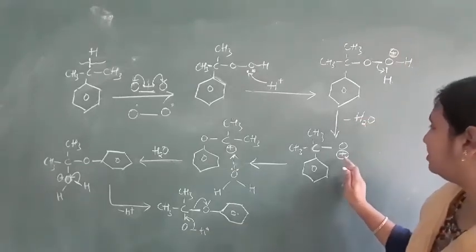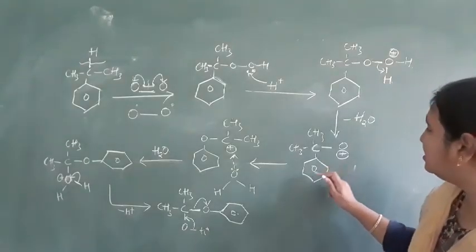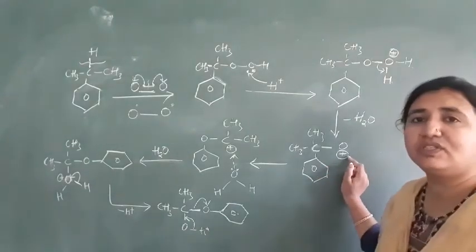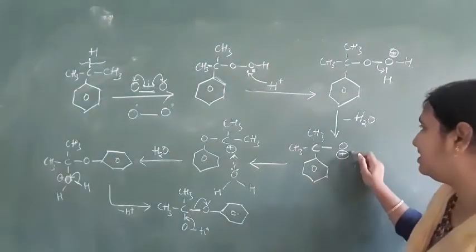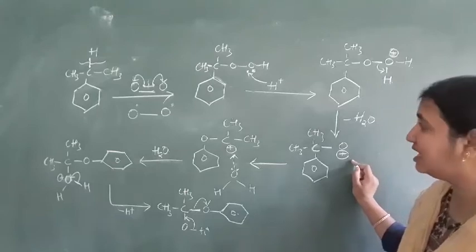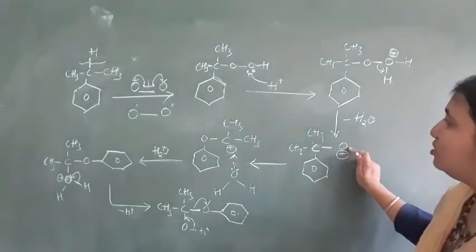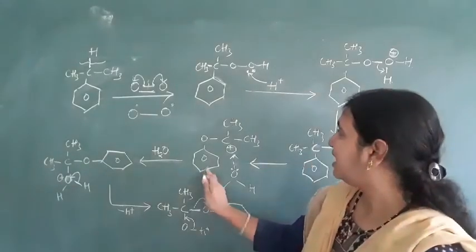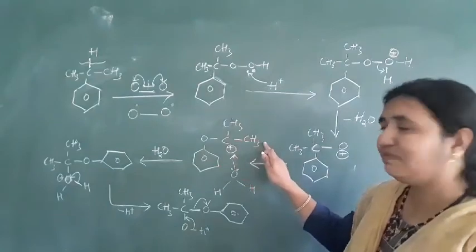So on oxygen there is a positive charge, and here we have our benzene ring. This benzene ring will go to this oxygen, because it is more stable there. This phenyl group is more stable with this oxygen due to resonance. So this is phenyl shifting; we are shifting the phenyl to this oxygen. Now this phenyl has gone to this oxygen, and CH3 remains here.